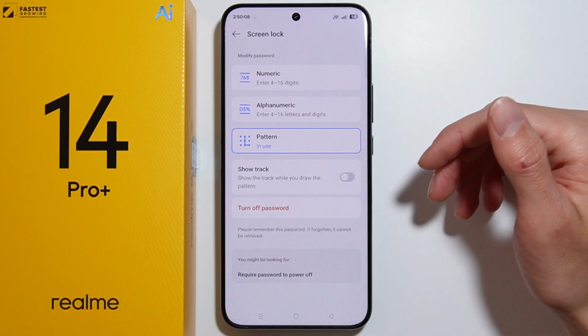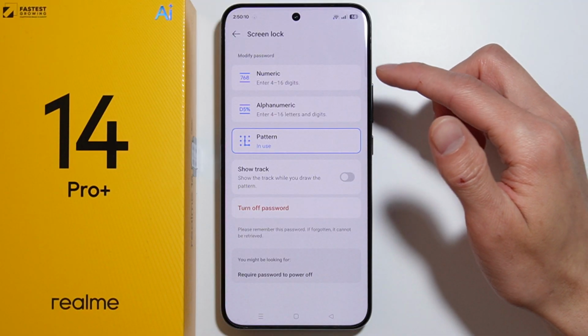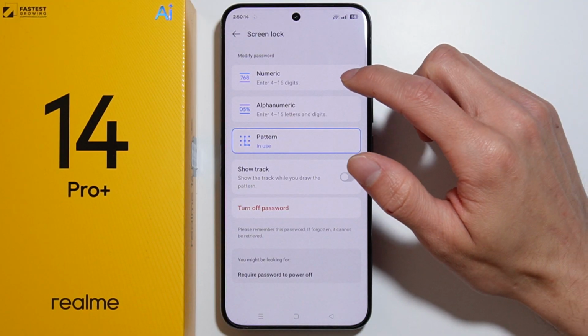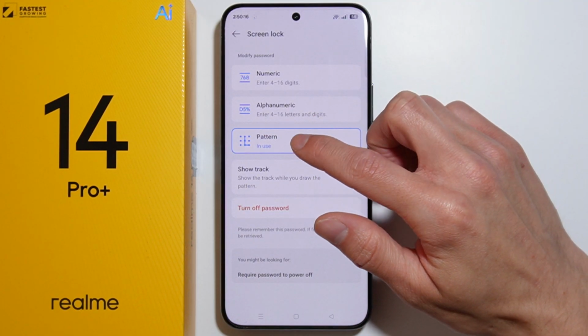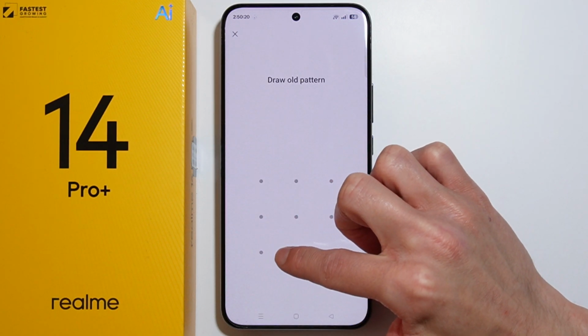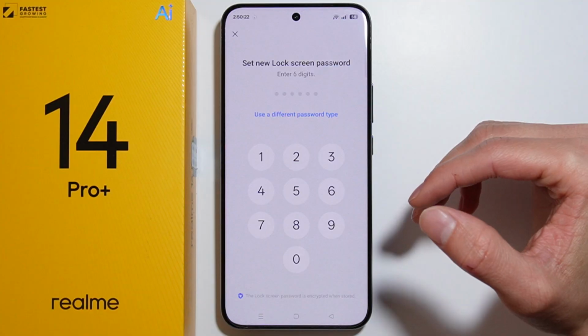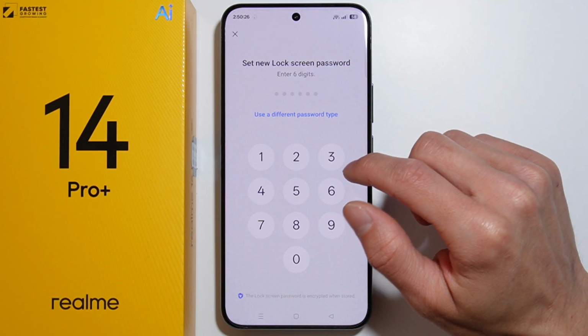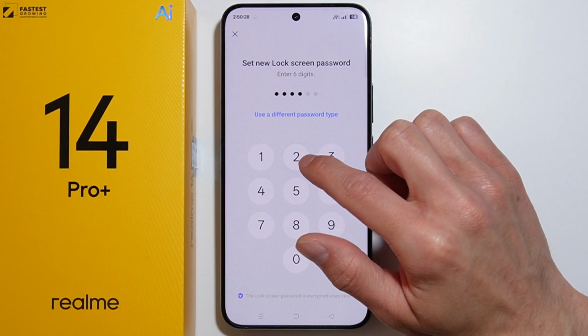And here to change it you simply have to select any of these three available lock screen methods that you are here: the pin, the password, or the pattern. So let's for example select the pin. You have to enter your current screen lock again, and from here you can enter your new password, and in my case it is the pin, so let's select this pin,